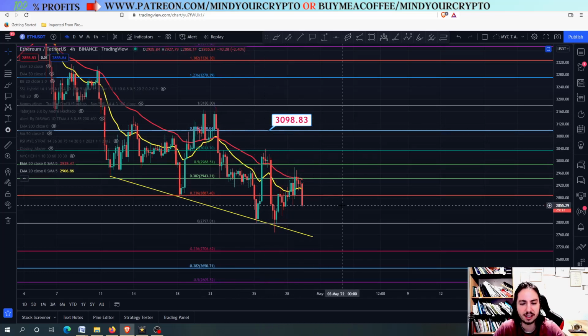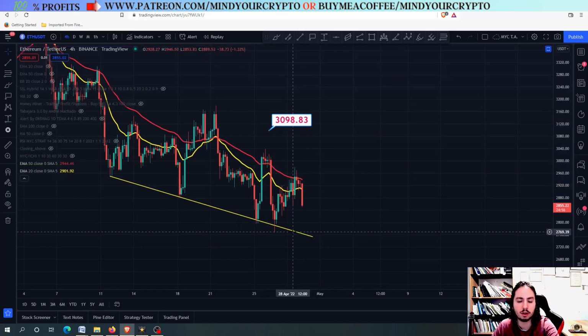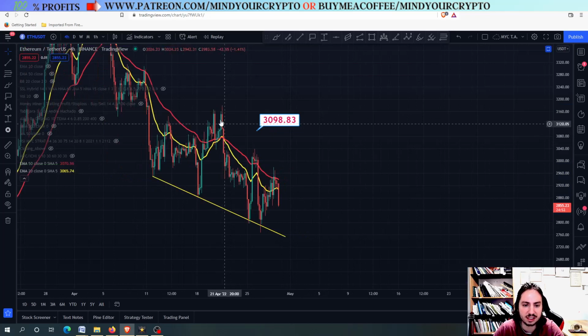Of course, for me, Ethereum is probably going to go even higher, forming probably another lower low, and then we are going to make a nice buying pressure. But anyway, this is what happens right now. Every time, if we do not close above the 0.786 from the top to the bottom, then it is not a good entry. Okay, second of all, when you are seeing a downtrend and we are just getting above the 50-day EMA,